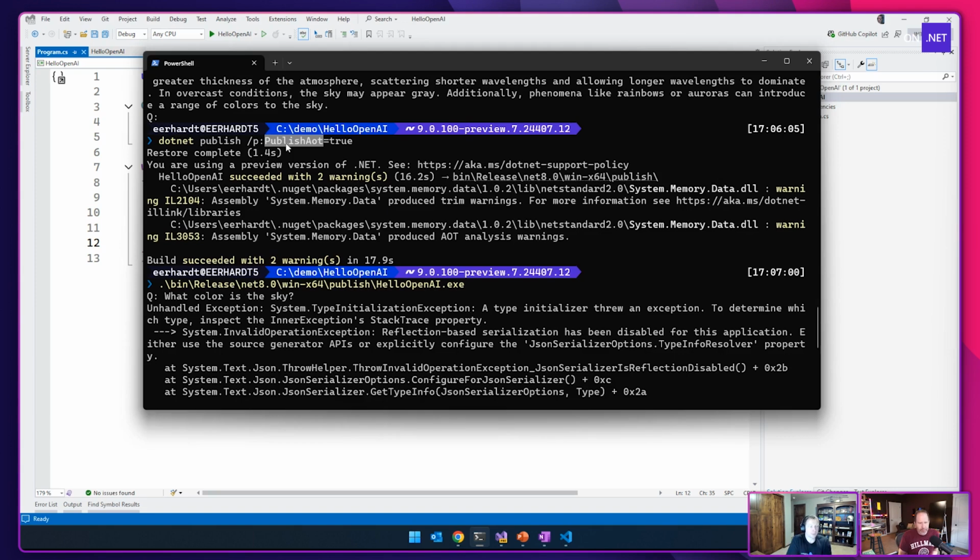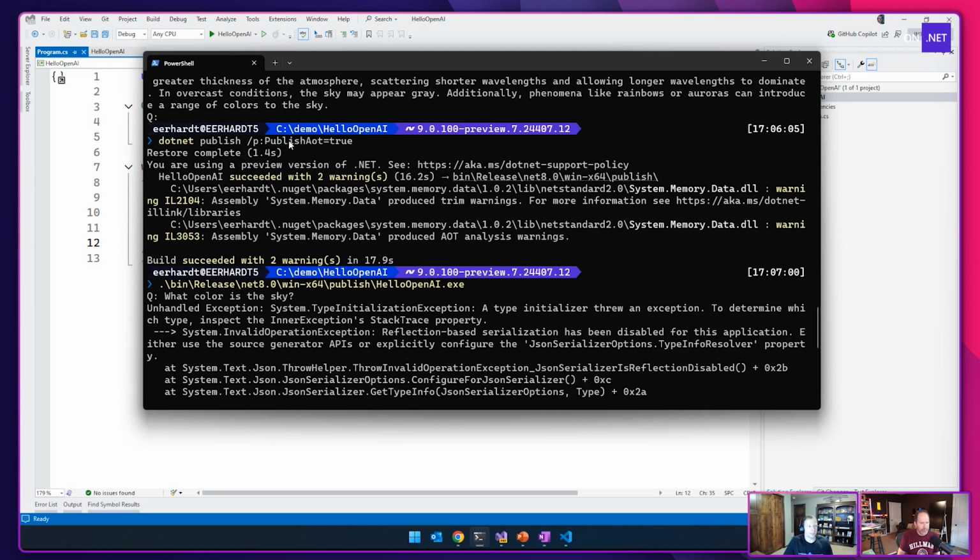Mm-hmm. So for example, one of the feature flags says you can't generate IL on the fly, right? Like IL ref emit. And if you put publish AOT equals true into your CS proj, when you .NET run that project, it'll run with those flags, whichever way publish AOT is set.